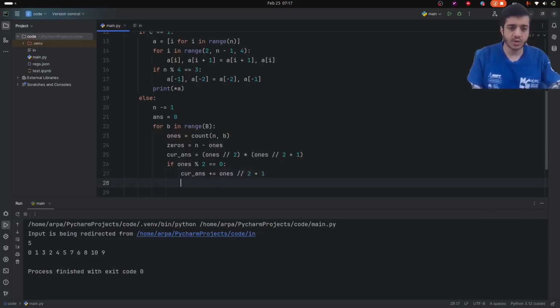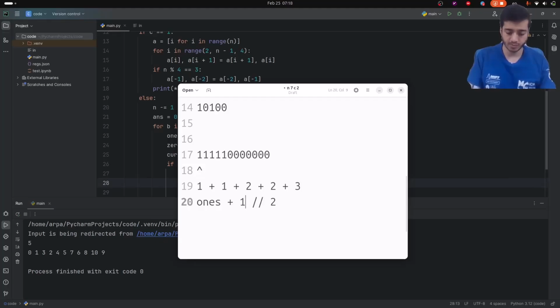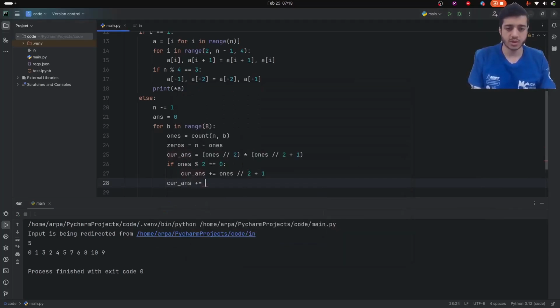That is also easy. Then let's count the number of sovereigns that start in ones and end in some zeros. That is much easier. So you need to pick odd number of ones from here, that you have 1 divided by 2, 1 plus 1 divided by 2, because we want to get tail times zeros. That's it. So current ends plus equal,